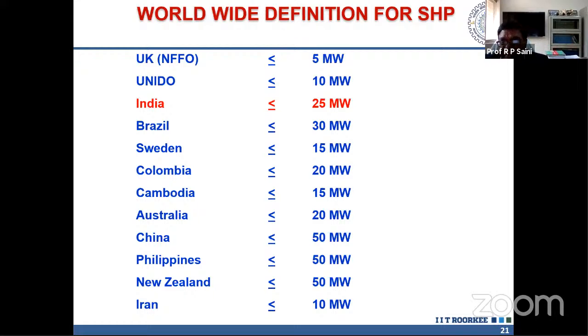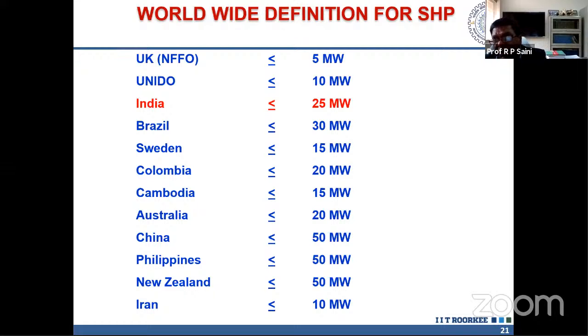And then again the question, what is the difference between large hydro and small hydro? I can say technically there is no difference. There is the same route we have to follow to tap this. But the thing is, it is fixed. It is decided by the government, the MNRE, Government of India, just to give the incentives. That means they have fixed this capacity so that up to 25 megawatt they can give some incentives, not beyond that.